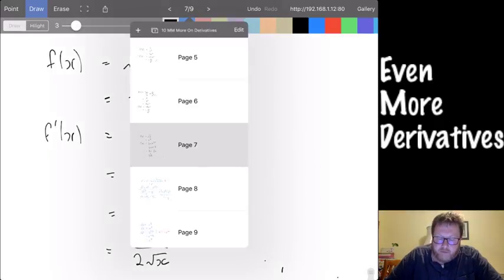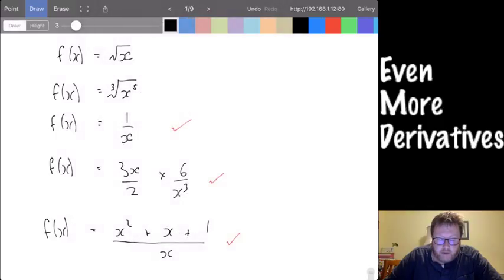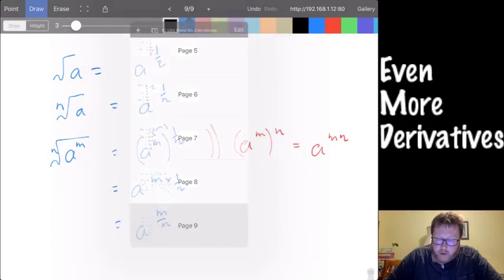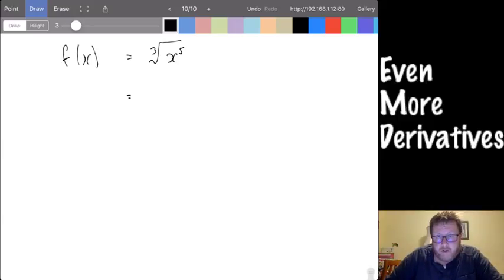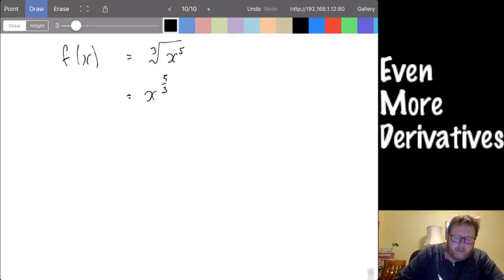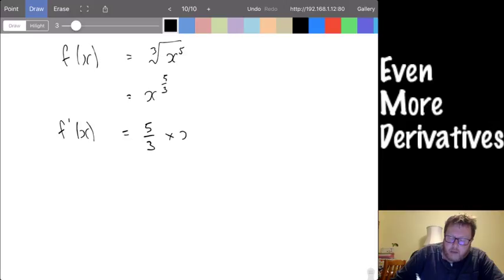Now, looking at a final example here, and the final example is the cube root of x to the power of 5. So let's write that out and we'll go from there. So f of x is equal to the cube root. That's not 3 times the square root, that's the cube root of x to the power of 5. So the first thing we do is we convert this into a fraction power. So that's equal to x to the power of 5 on 3, like so. And now when we derive it, it's all hopefully plain sailing from here, as long as you're okay with your fraction work. F dash of x is equal to 5 on 3 times x to the power of 5 on